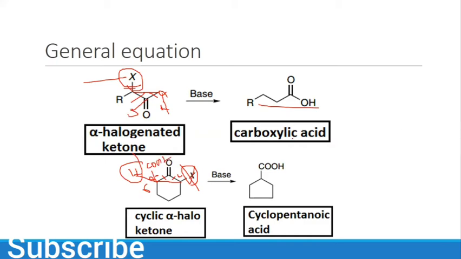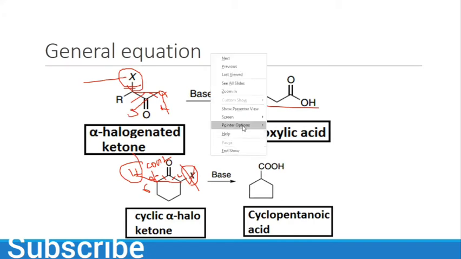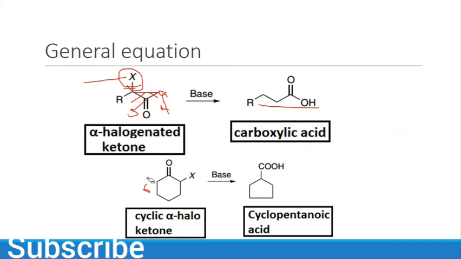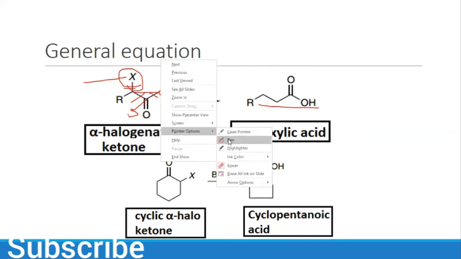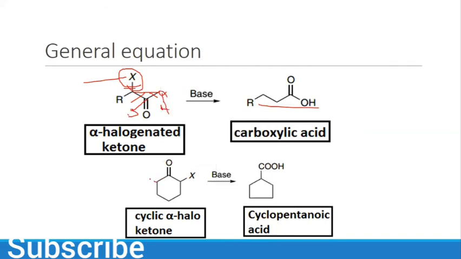It is very easy. If you have a 6-member ring, I will show you again. First of all, we will remove this hydrogen from the alpha carbon and then we have a negative charge here. This carbon will attack on this carbon and we have a single bond between these two carbons.